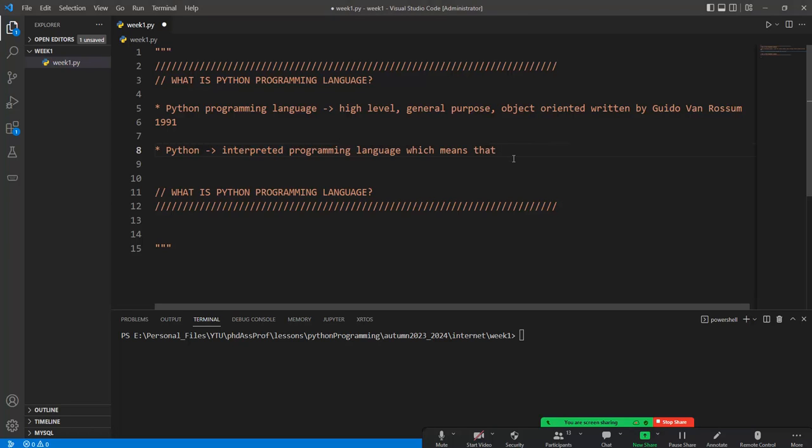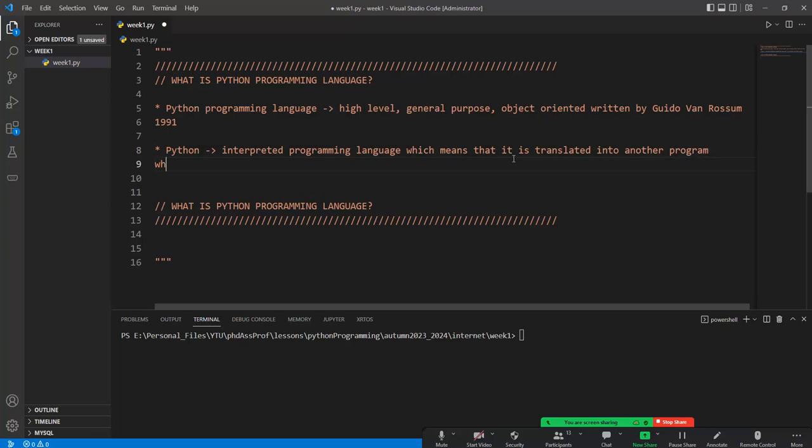Okay, and so it is translated into another program, which is written for or easily handled by the virtual machine. Okay,